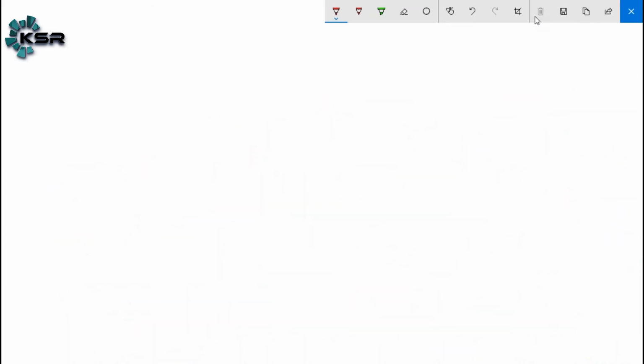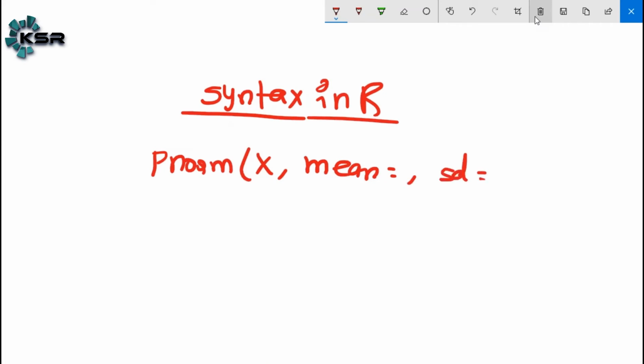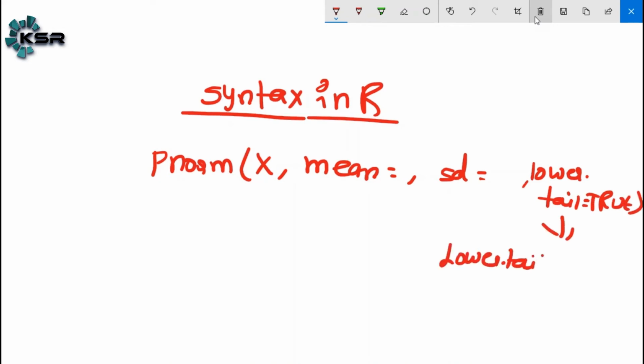Now, how do I write the syntax in R? pnorm is the cumulative normal distribution function: x value, comma, mean, comma, SD, where SD means standard deviation, comma, lower.tail equal to TRUE. That means it will give the lower side values. Lower.tail equal to TRUE means it will provide us the